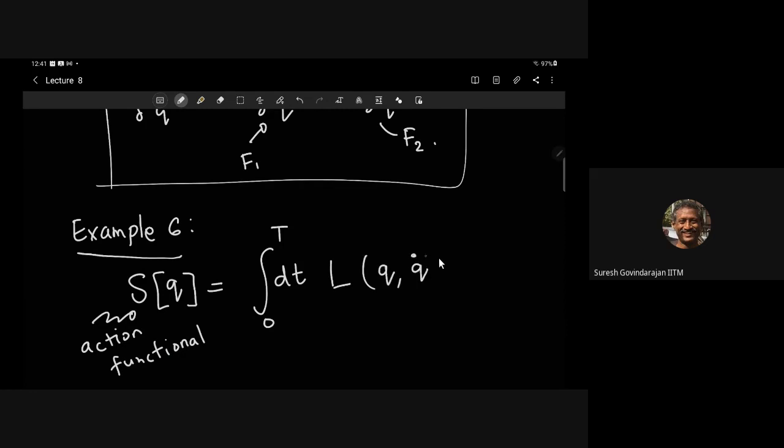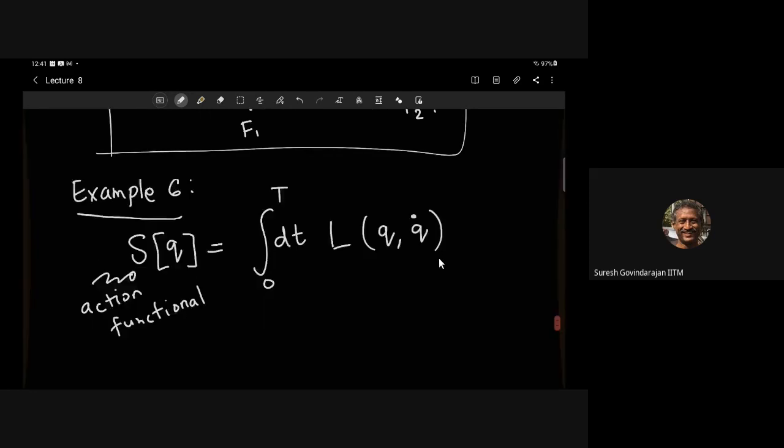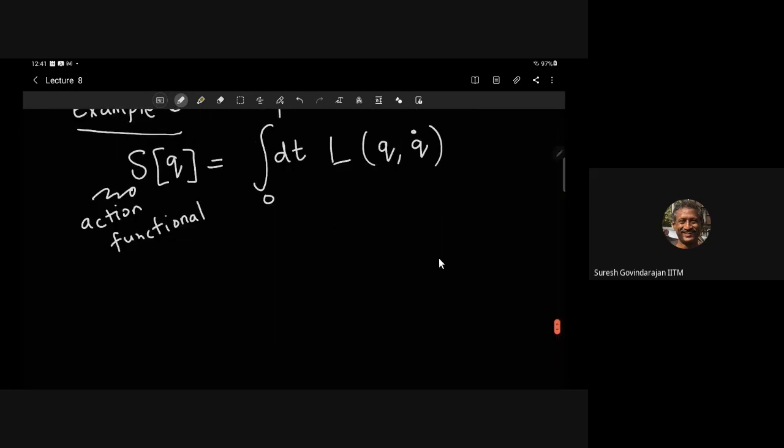And L is some function of two variables now. It depends on Q and Q dot. Okay, so exercise. This is probably the most important exercise ever. Show that